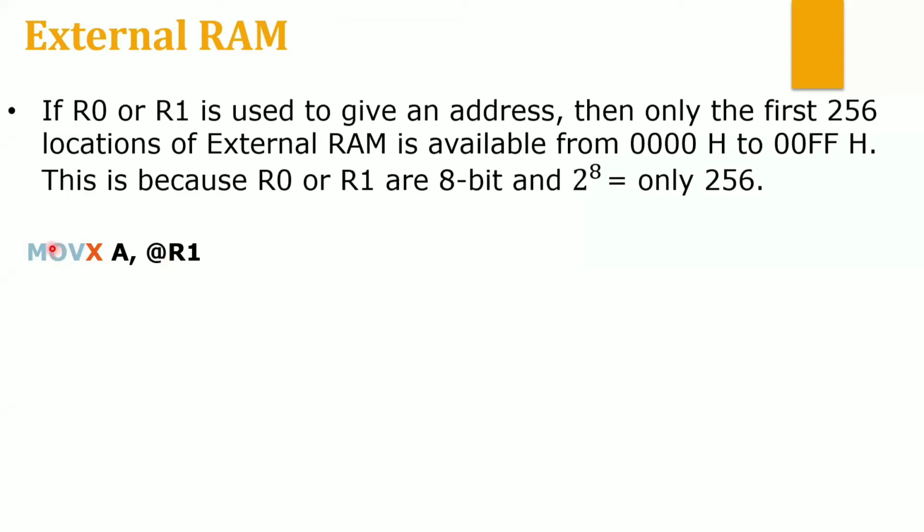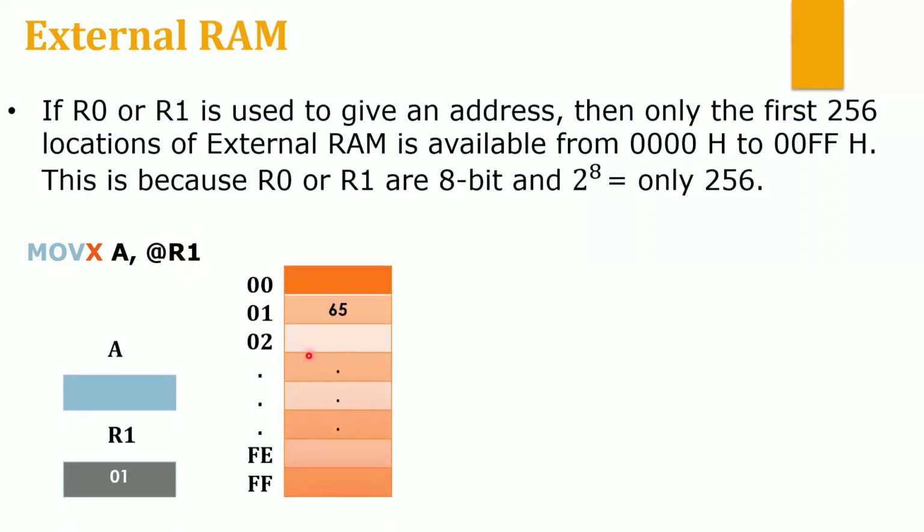And if you look at this instruction MOVX, whenever I say X in the 8051 microcontroller, that means we are accessing the data from the external memory. Now external memory has 16-bit addresses, but we are using only the first 8 bits of the addresses, which is present in your register R1. By eliminating the last 8 bits of the 16-bit address, I can get 00, 01, 02 and up to FF.